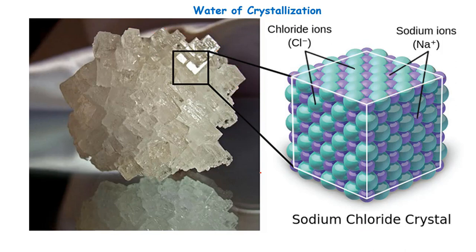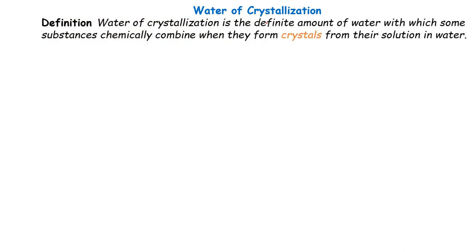But what exactly is water of crystallization? This is the definite amount of water with which some substances chemically combine to form crystals from their solution in water. Now, some substances, as they are crystallizing, tend to crystallize with some water incorporated in their crystal lattice. The previous image we have seen is a crystal lattice of sodium chloride. However, even other substances, like we are going to see, also contain different ions that are well arranged with respect to one another. For example, when you look at